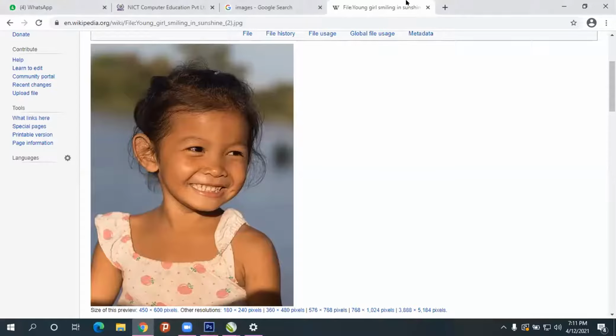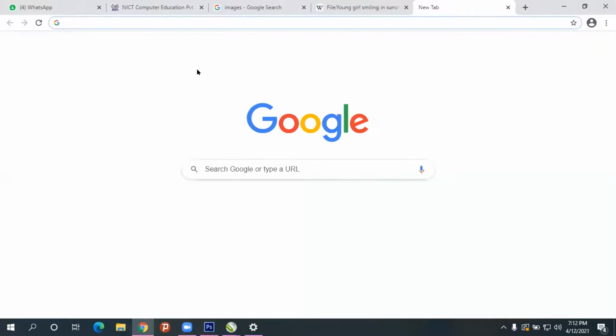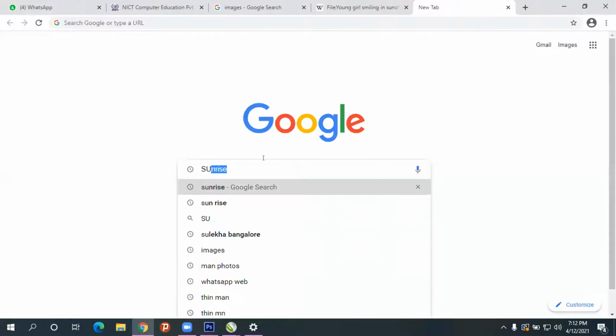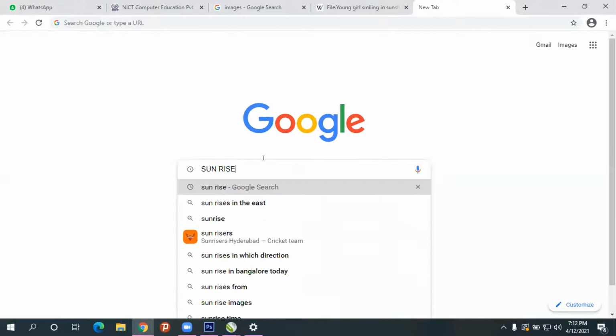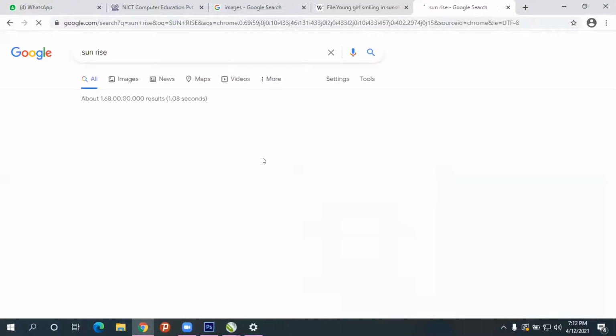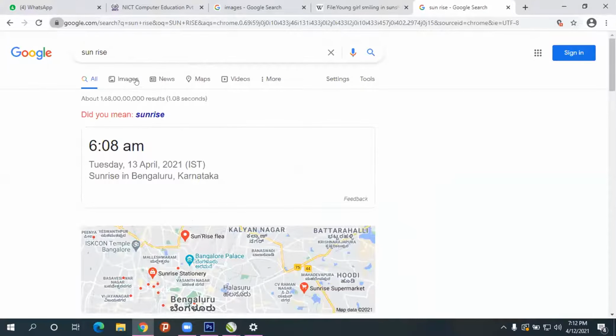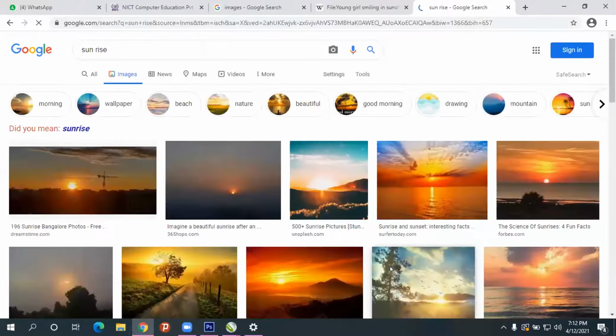After that, go to internet, download some images which you like for good morning message. I'll type sunrise. Mostly that only we will get, no? Images.